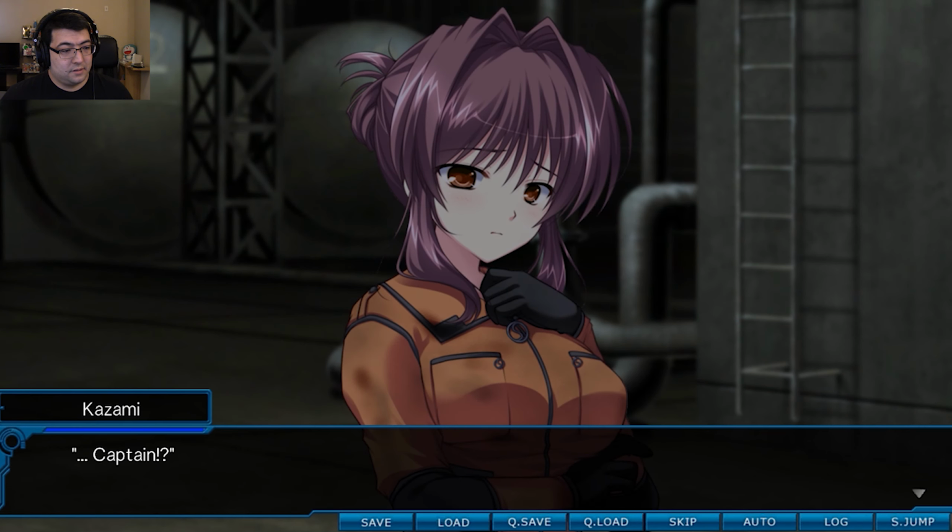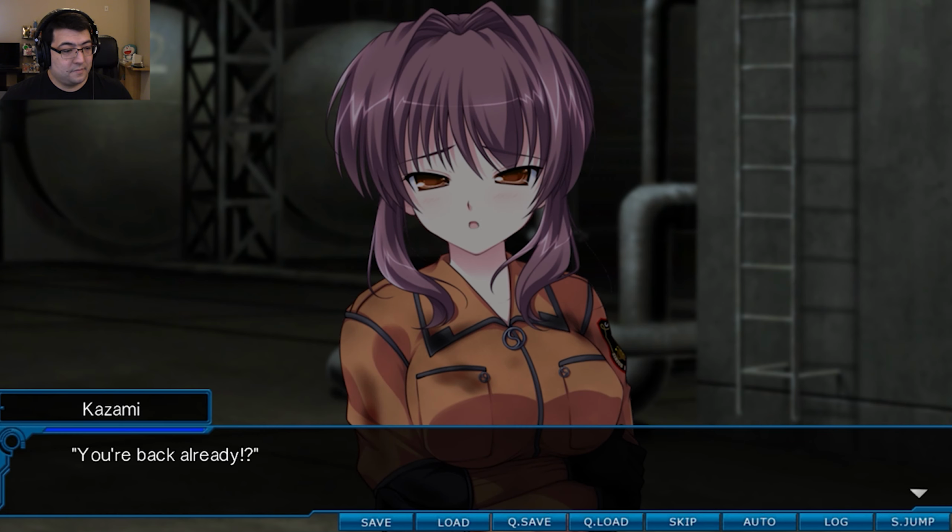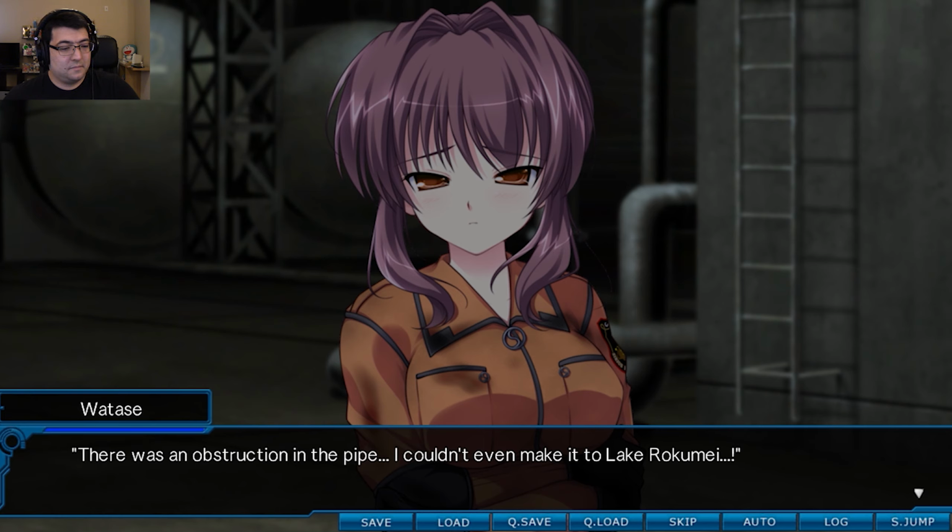Taicho! Watase turned around to find Kazami running towards him. もう戻られたのですか? すまない、立花。 You couldn't do it. パイプの中に障害物があった。6名湖まではたどり着けない。